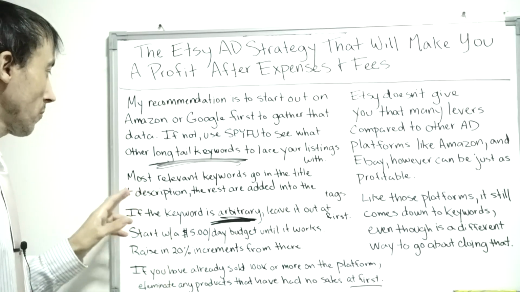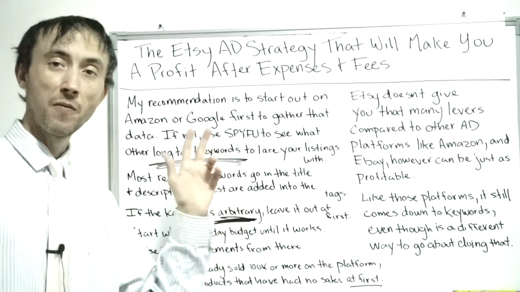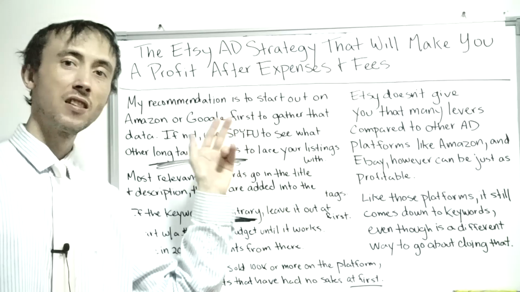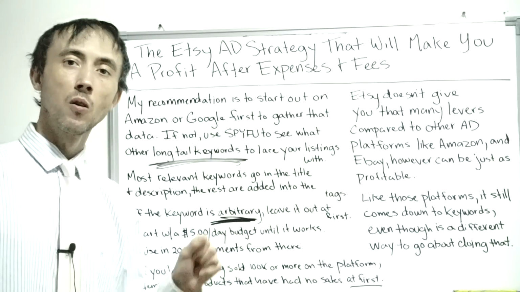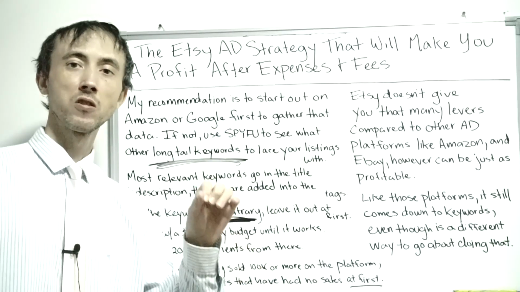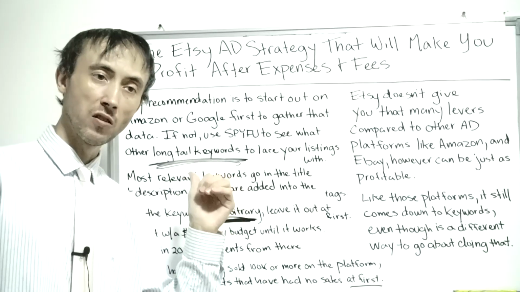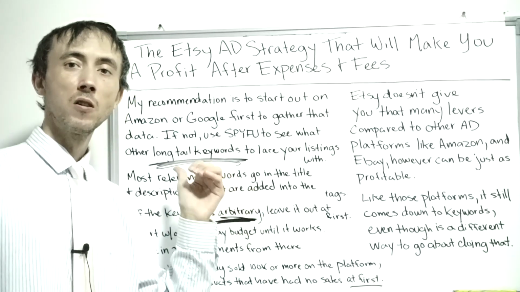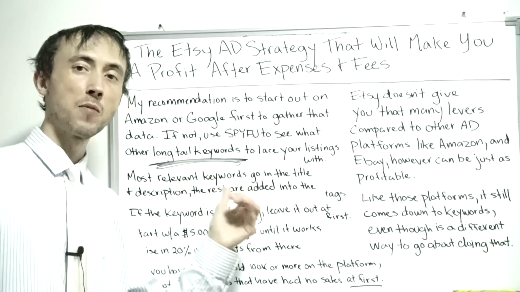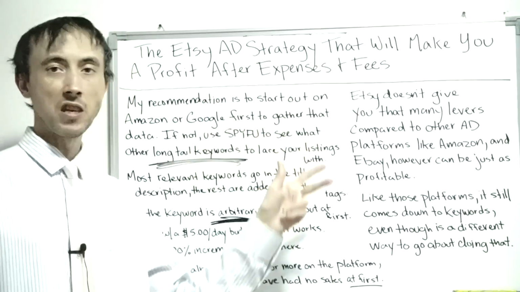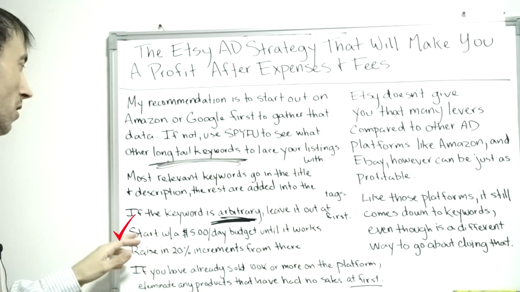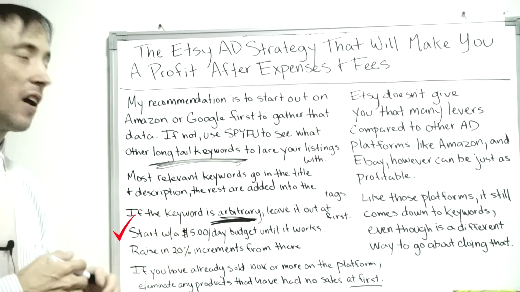So that's the main thing. In fact, the keywords are 90% of getting results. In terms of what you can do to optimize your ads, 90% of it is just having that right keyword data on your product listings. Okay, so once you've done that,